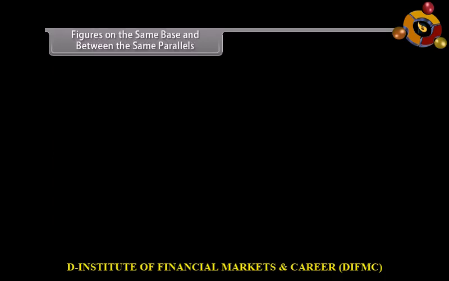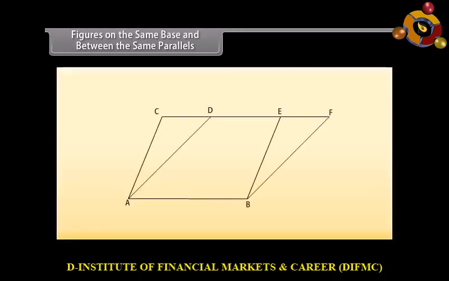Figures on the same base and between the same parallels. Now look at this figure. We can see that parallelogram ABEC and the parallelogram ABFD are on the same base AB. Also, the vertices C and E of the parallelogram ABEC opposite to AB and vertices D and F of the parallelogram ABFD opposite to AB lie on the same line CF, which is opposite to AB. So we can say that both the parallelograms lie on the same base AB and between the same parallels AB